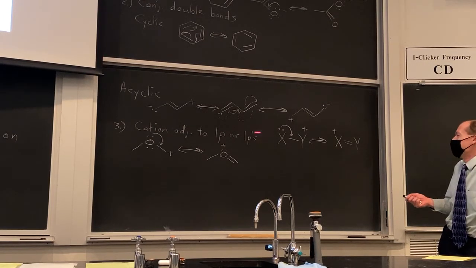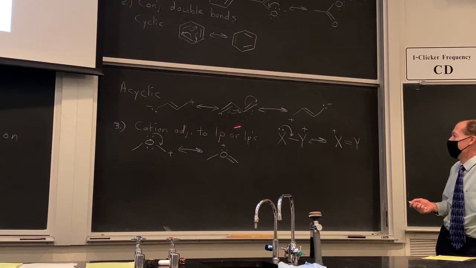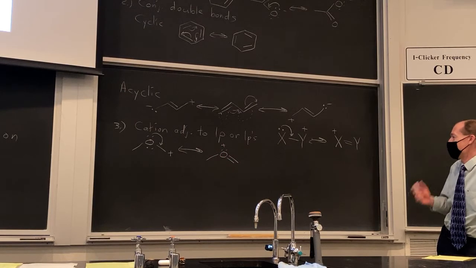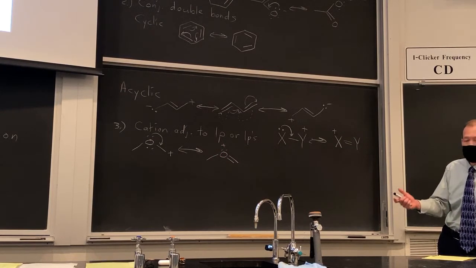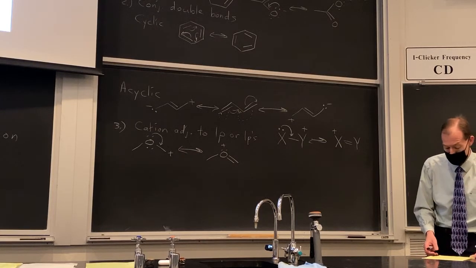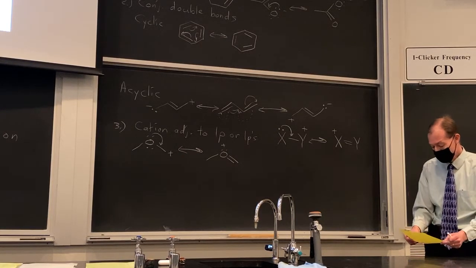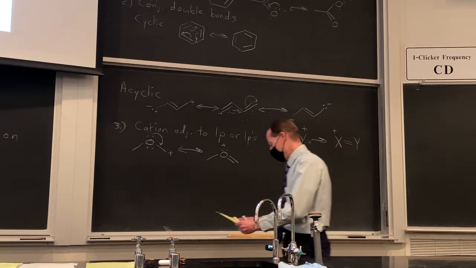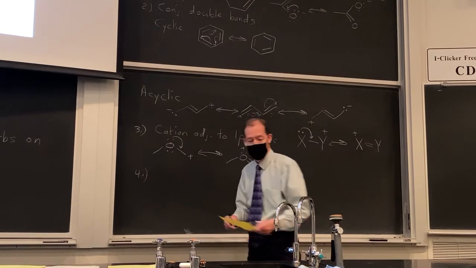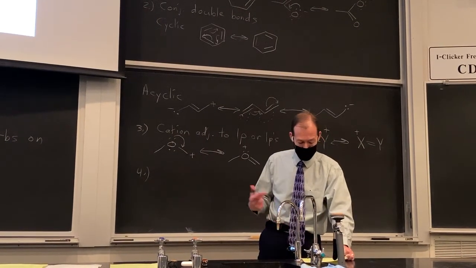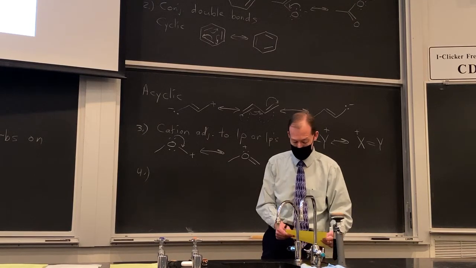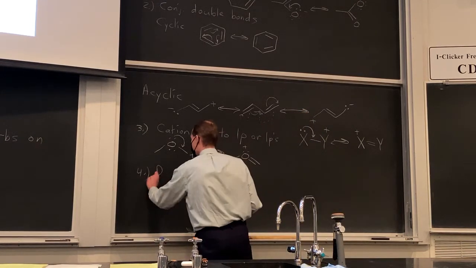So when we have this type of resonance, where we have a cation adjacent to a lone pair or lone pairs, the resonance structure that has the double bond is going to be the major contributor because all of the octets are going to be satisfied of all of those atoms. Okay? All right. And then the last type of structure where we have the ability to draw resonance structures is when we have double bonds